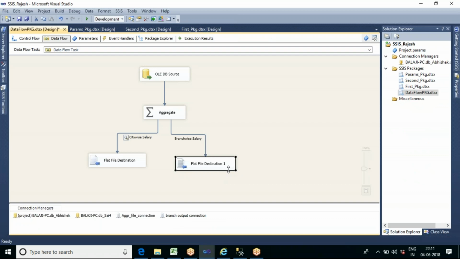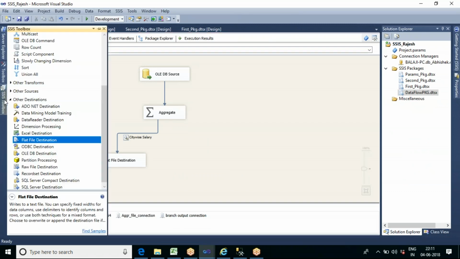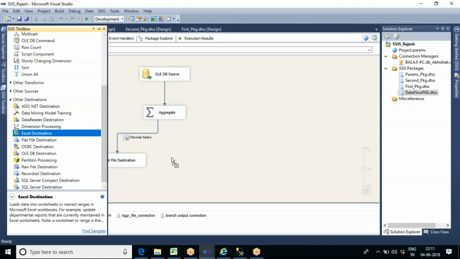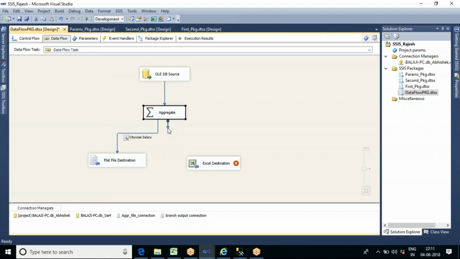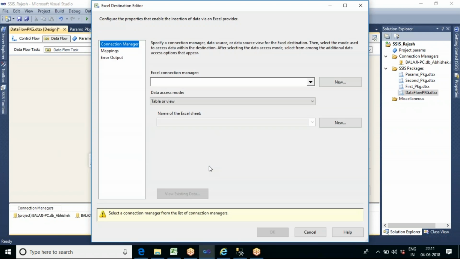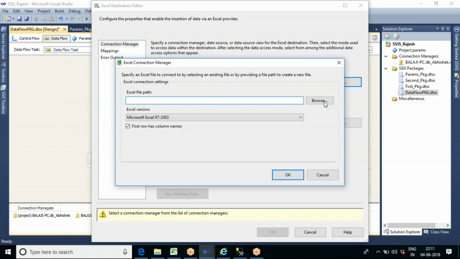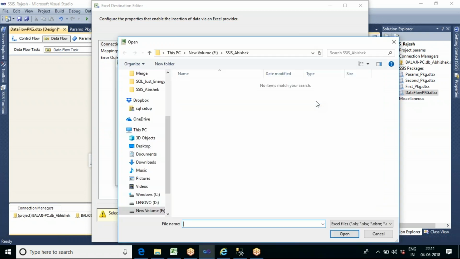So you can remove this destination and select Excel destination. Okay, so you can put the branch wise salary in an Excel file, and you just need to create a connection to that Excel file. Creating a connection is just locating where you want to store.